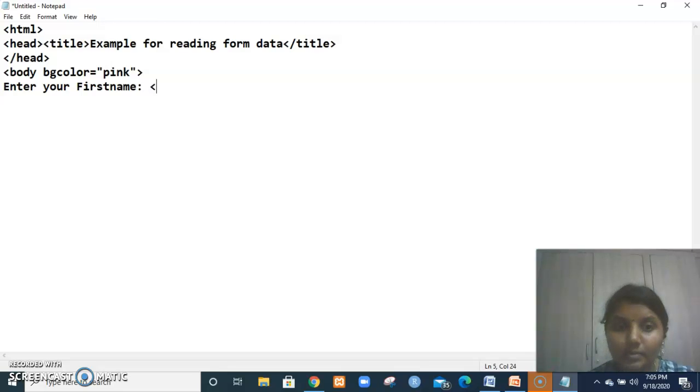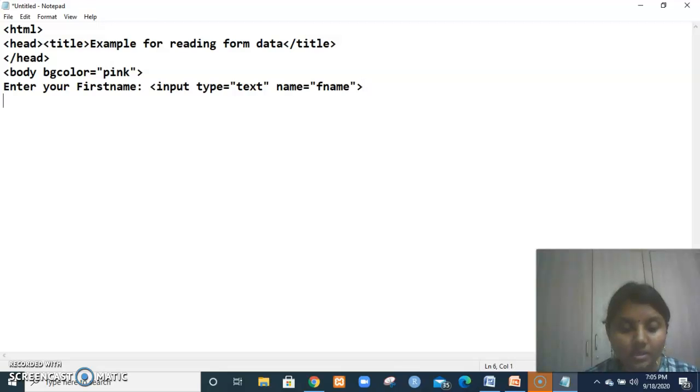For that we write an input tag: input type equals text. This is how to take a text input from the user. Name equals, let me give fname.